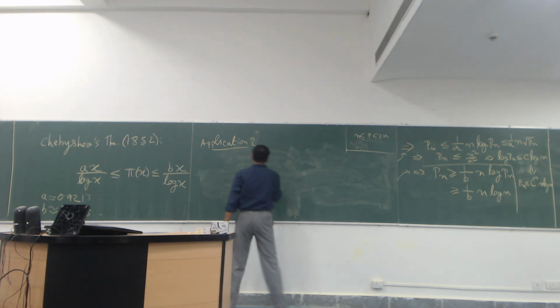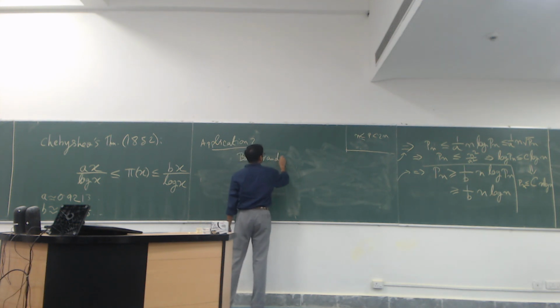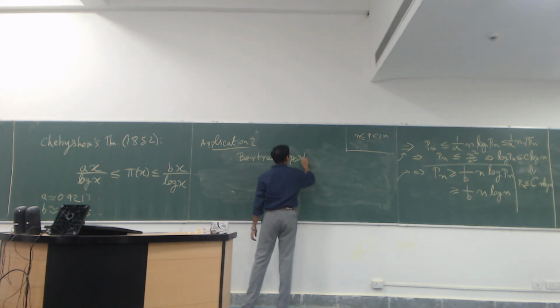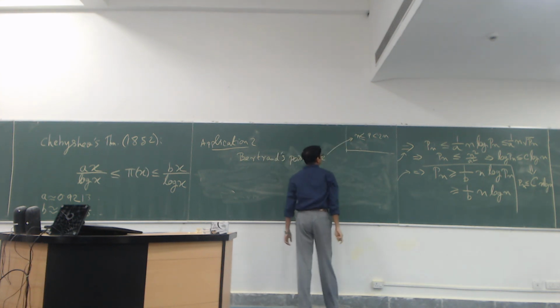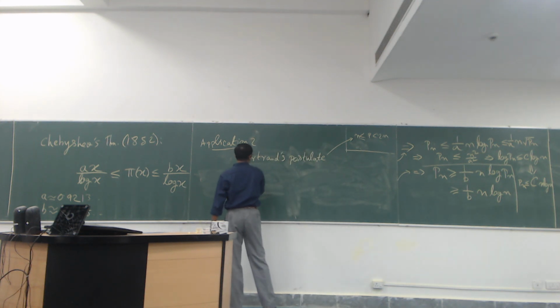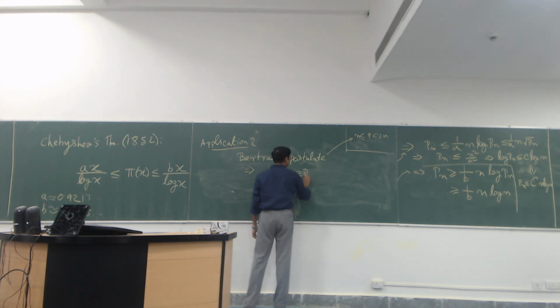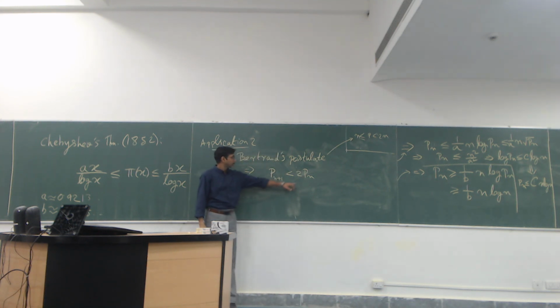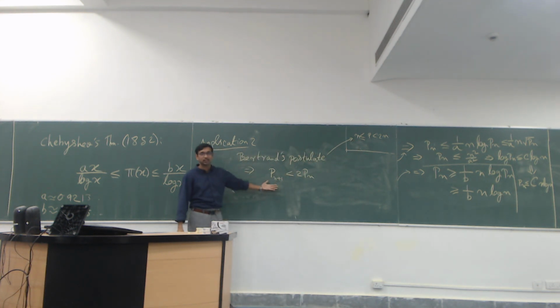And in particular, that will imply Bertrand's postulate, that is, there exists a prime between n and 2n, that implies, in particular, that Pn plus 1 is less than 2Pn. Because if you take Pn and 2Pn as the boundaries, then Pn plus 1 is lying in that. Okay. So now